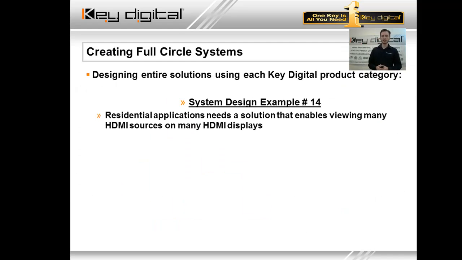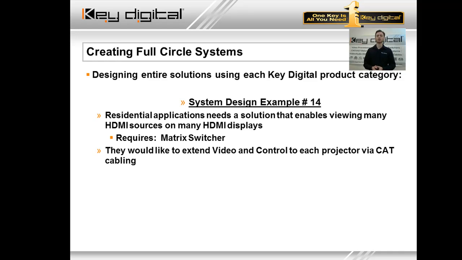System design example number 14 is going to be another look at HDMI matrix systems, where you have a residential application this time with many sources, many displays, requiring a matrix switch. They'd like to extend video and control to each display via Cat cabling. Some zones will have UTP cabling,